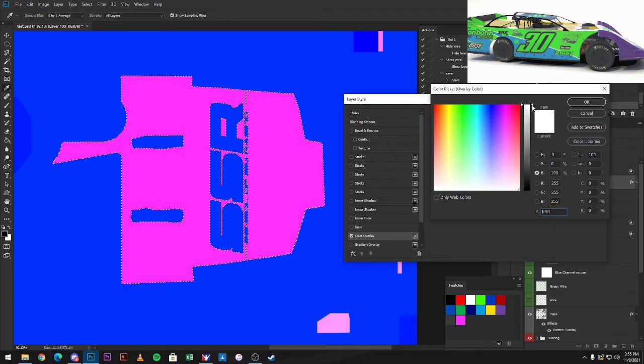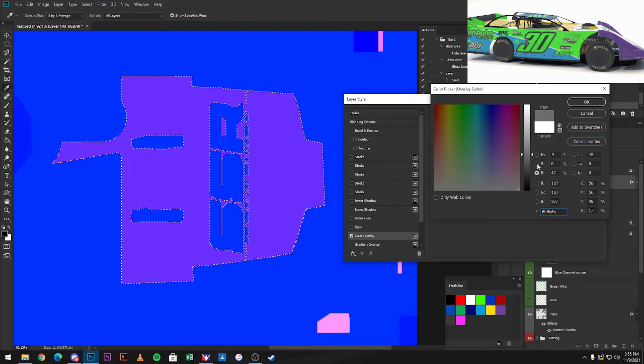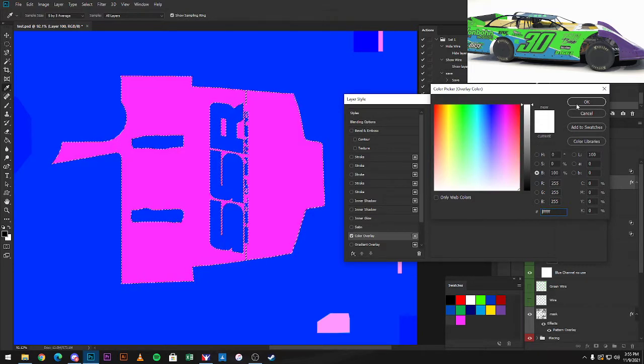So the higher this is, the whiter it is, the shinier it's going to be. So this is going to be 100% chrome basically. And 100% shiny on any color, but white just so happens to be pretty much chrome when it's 100% white. So as you move this down, it's going to be less shiny and you can see the color changes. So for illustration purposes, we'll just make this completely chrome. Okay, so put that all the way to the white, hit OK,